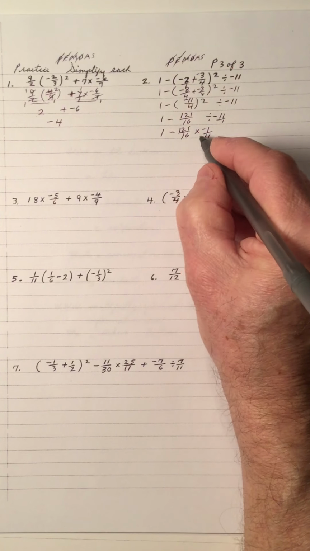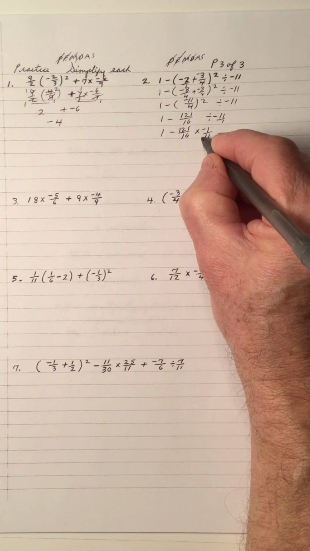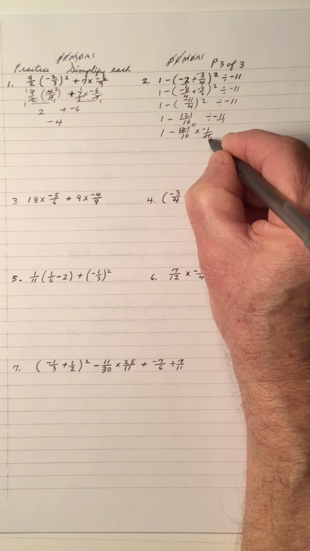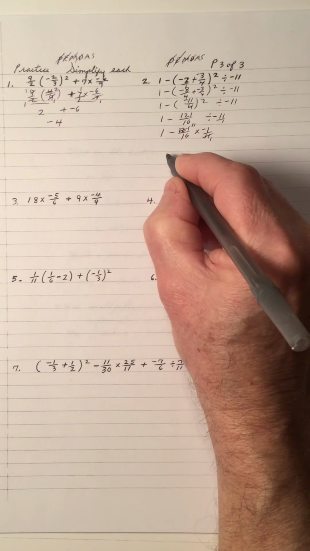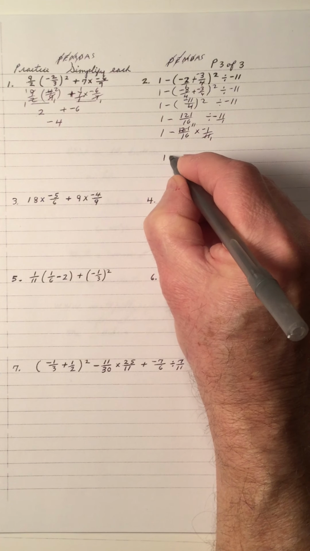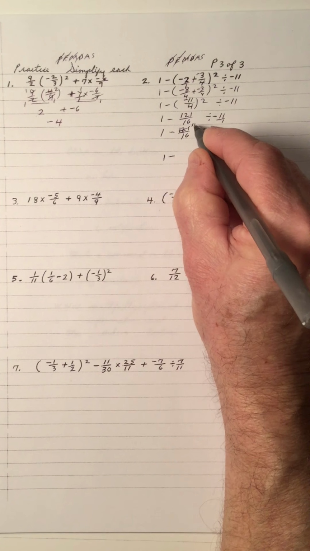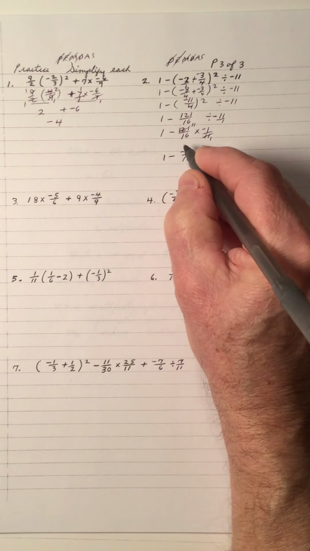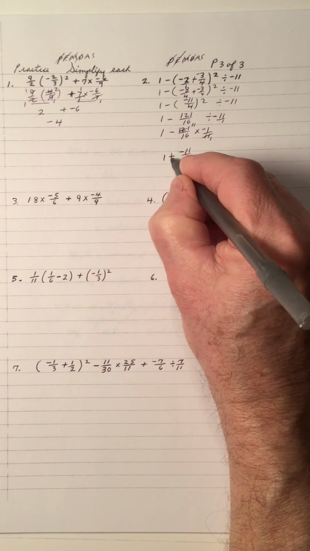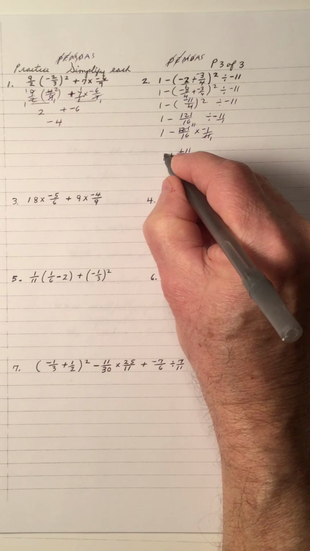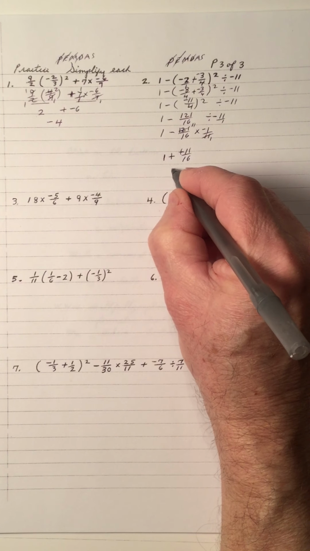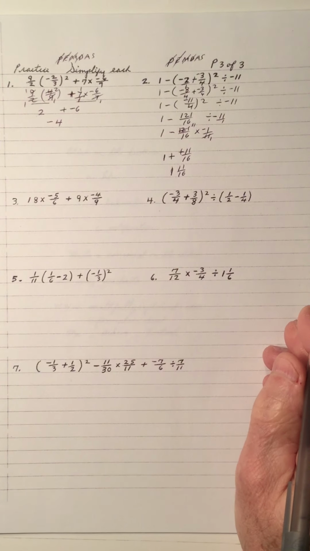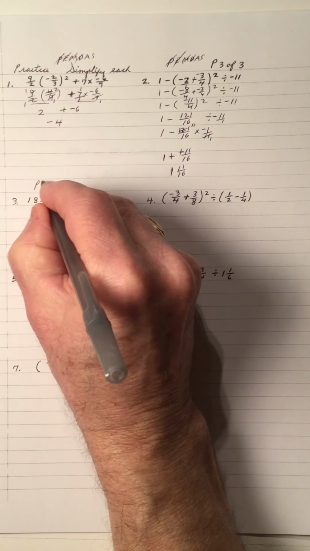Now I've got to do my multiplication. So when you multiply, you cancel top to bottom. 11 into 11 goes once, 11 into 121 goes 11. So that gives me 1, and I subtract negative 11 times negative 1 is a negative 11 over 16. And notice I have a double negative, so that makes it a positive. So 16, add on that, well that's easy, 1 and 11 over 16. Easy to add. And PEMDAS for number 3,